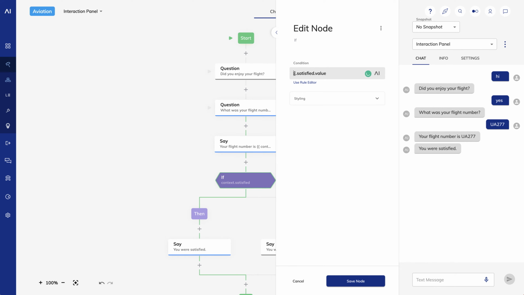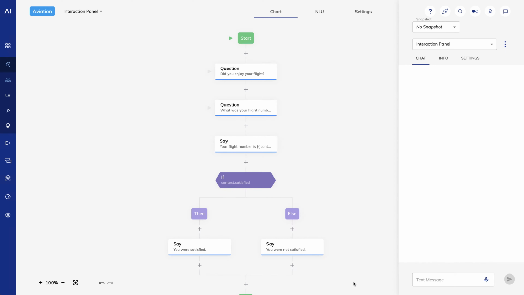Again, I'll change the X to context. And now we're all set. Two questions come to mind. One, is it necessary to enable store detailed results? It's not. That setting could be helpful if you want to use those values later in the conversation, but it's really just an example of a more complex JSON structure that we could examine.